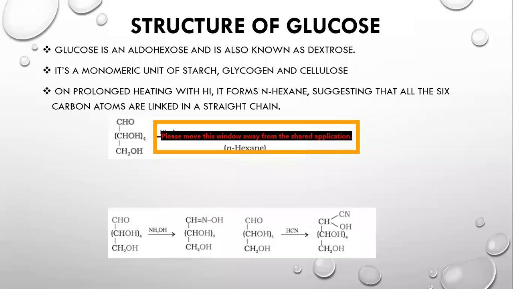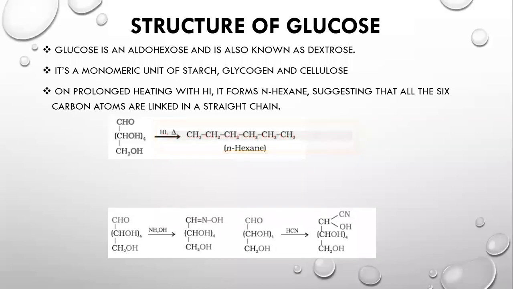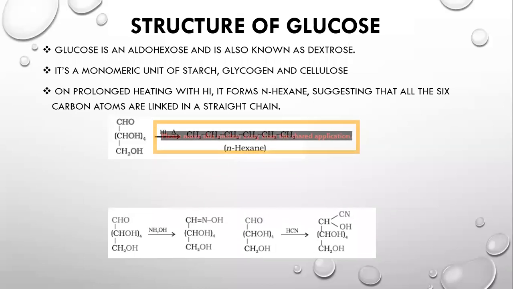Are you getting my point? So based on the number of hydrogens that are going to attach to your molecule, we can say how many carbons there are in the glucose and what the arrangement of those carbons is. Are you understanding? Can you get my point? Speak out.